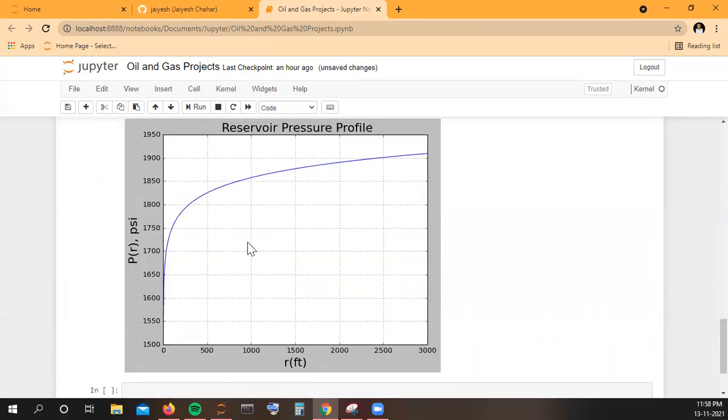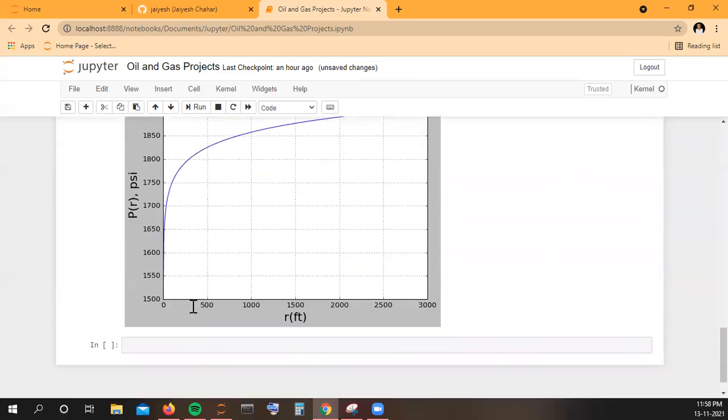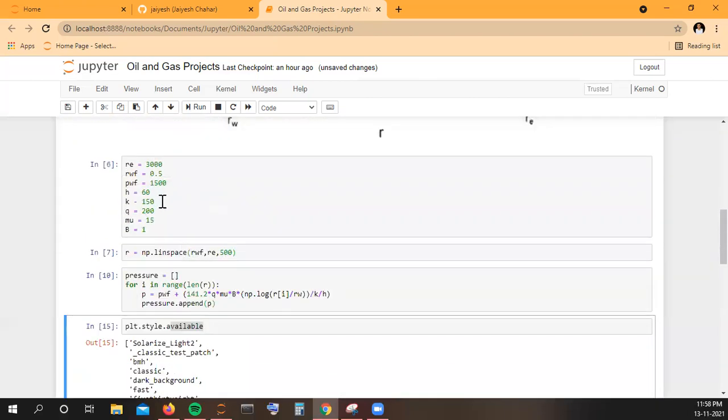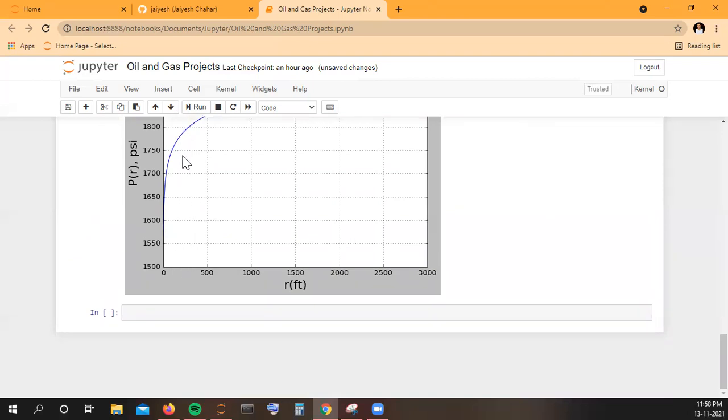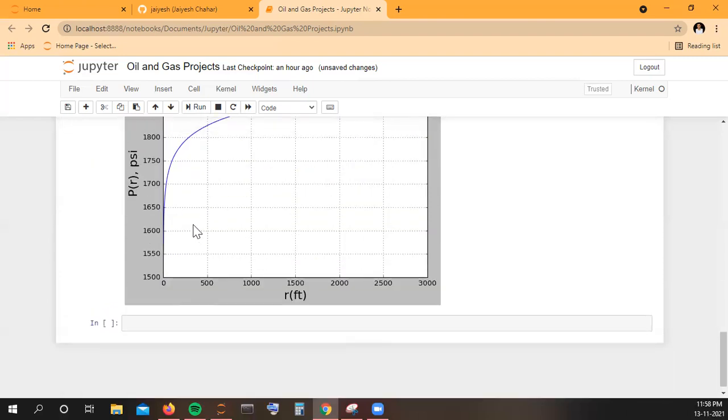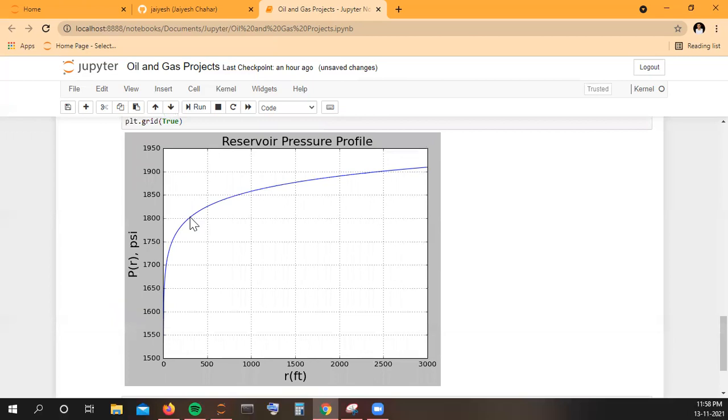So here we can also see that I was taking a PWF value of 1500, and in this scenario, over about 250 feet, there is a huge drop in pressure. For example, let us take 1800. The reason being that as we go towards the wellbore, the pressure drop will be high.